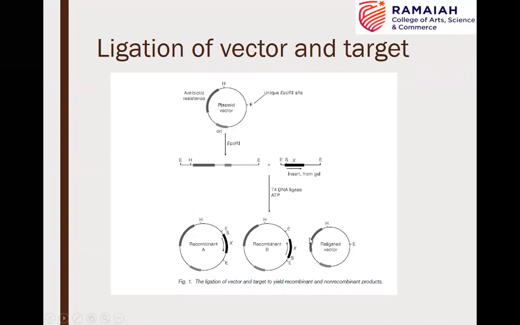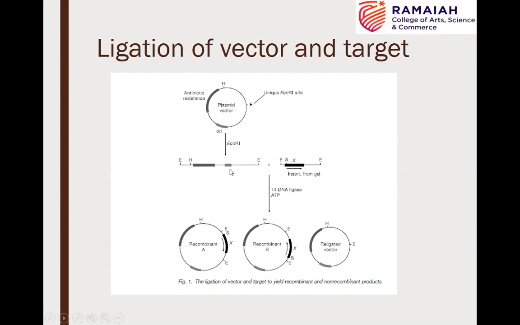This is the main competing side reaction, because of which we find it difficult to identify the recombinant DNA molecule, because the cells containing this religated vector also will be selected on the antibiotic plate. The cells containing this recombinant molecule also will be selected, because here also there is an antibiotic marker, and here also an antibiotic marker. That is why we need to go for another step of selection by some other means, which we will discuss in later classes, which will selectively identify the cells containing the recombinant DNA. I hope this is clear for you how the side reaction takes place.